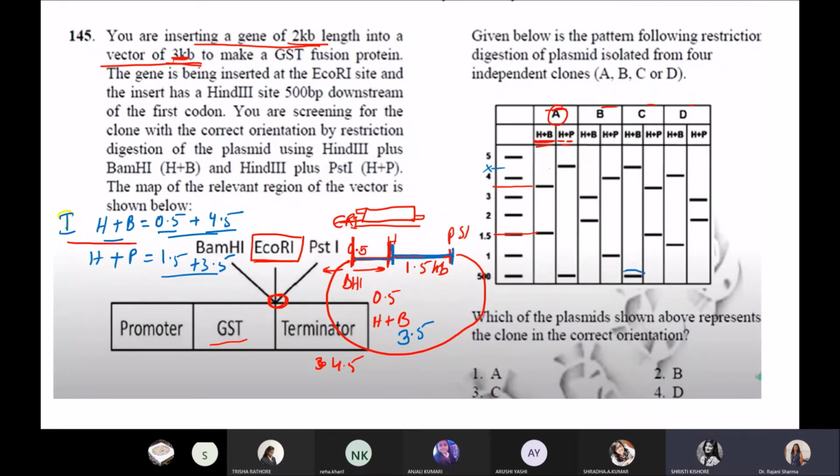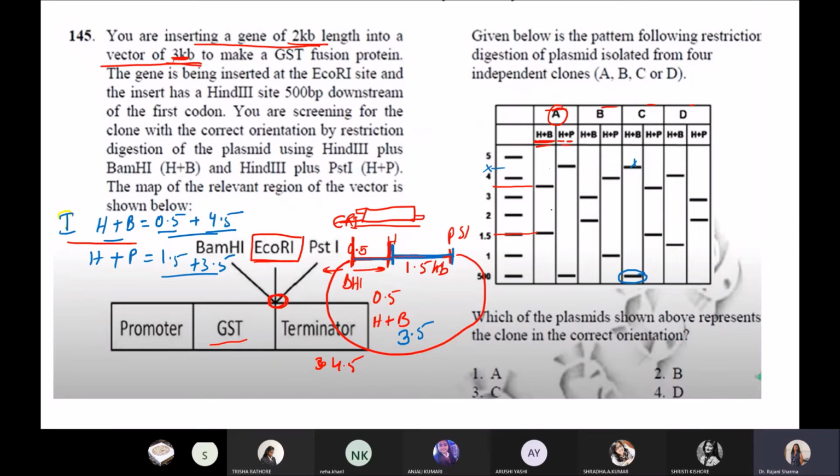Here in number 6 it has 0.5, but we are not having 4.5 here. Again, where are we having 0.5 and 4.5?